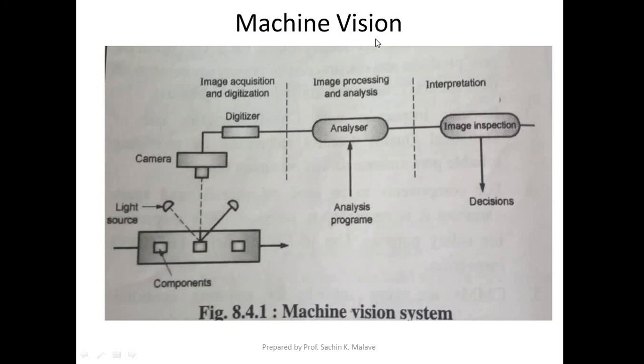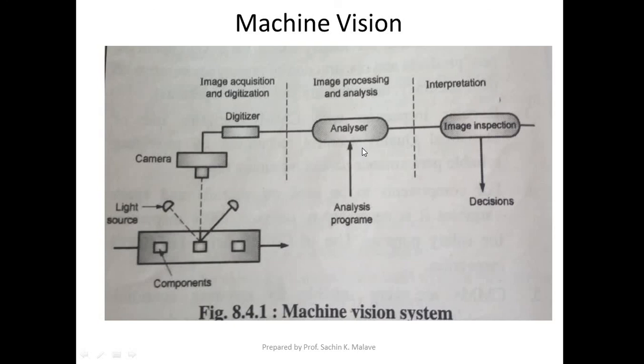What is the purpose of the segmentation? The purpose of the segmentation is to define and separate the regions of interest within the image. Within the image we may be interested in some part of that particular image. So we want to separate the regions of our interest within that image. We may not need the entire image, we may need a part of it. So segmentation is done to define the separate regions of interest.